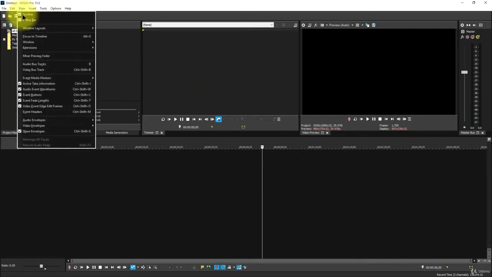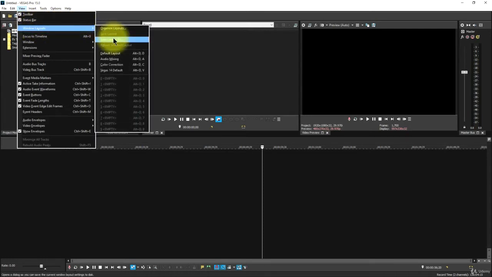14 layout. If we go back up here to Window Layouts again, you'll also see you can save layout as. So you can customize your own layouts, and then you can save them. And you can actually have multiple layouts that you create yourself, so you can go back and forth between any window layout depending on the task or type of video that you are working on. It's all up to your preferences and the way you like to work with Vegas Pro. And over time, this may change, and it also may change as you start to do different types of videos. So let's go back to the default layout,